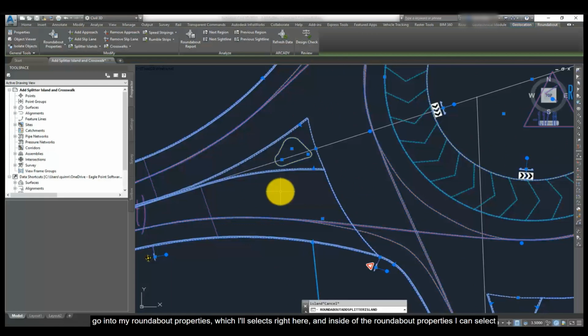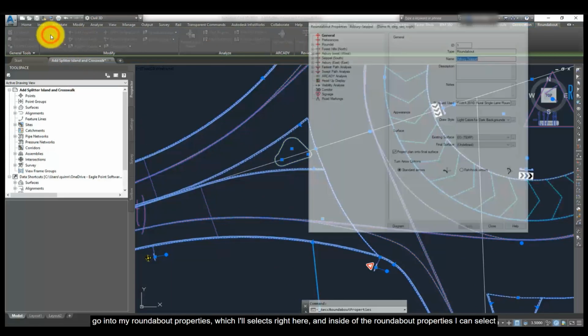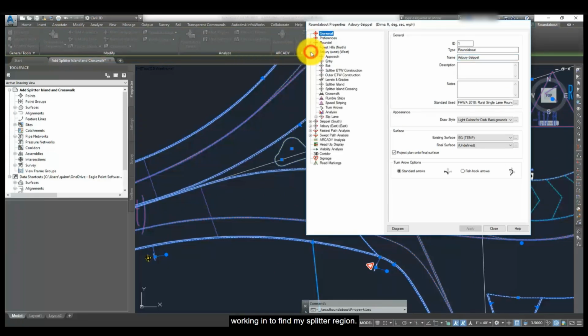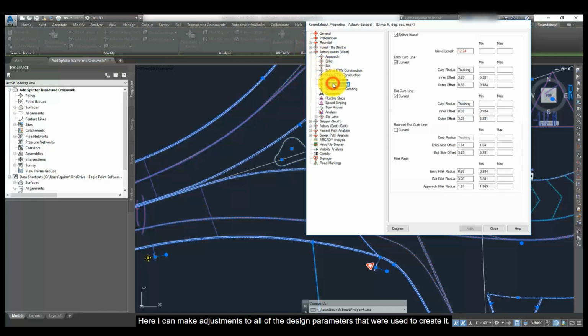So to make the modification, I'm going to go into my roundabout properties, which I will select right here. And inside of the roundabout properties, I can select the approach region that I'm working in to find my splitter region. Here I can make adjustments to all of the design parameters that were used to create it. And to help me design this,